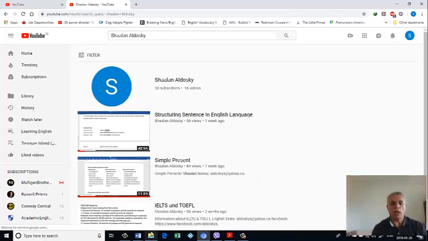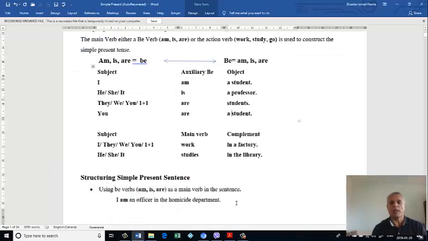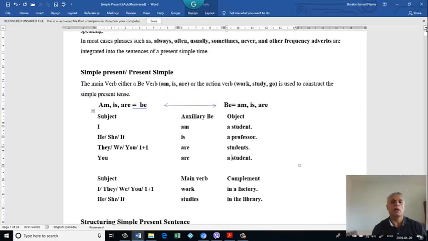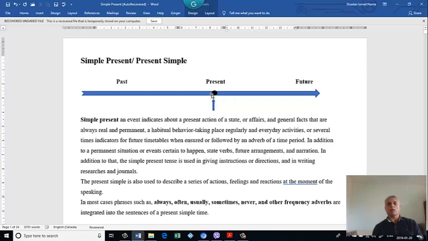Okay, let's go to today's lesson. The lesson will be about simple present, how we construct the simple present. We know simple present is used for time, for example, at the present time. We could define simple present as an event that indicates a present action, a state of affairs, and general facts that are always real and permanent,